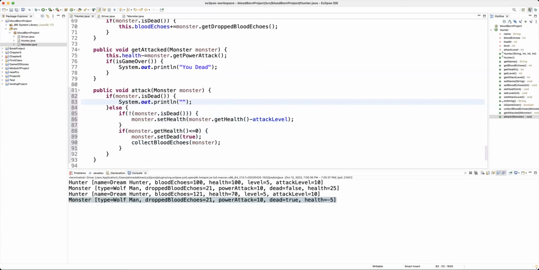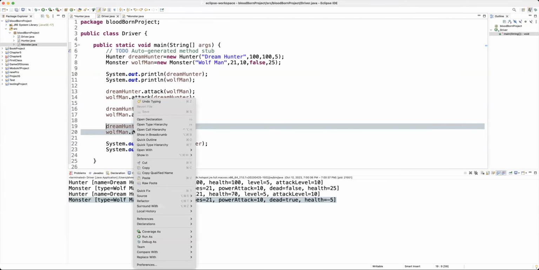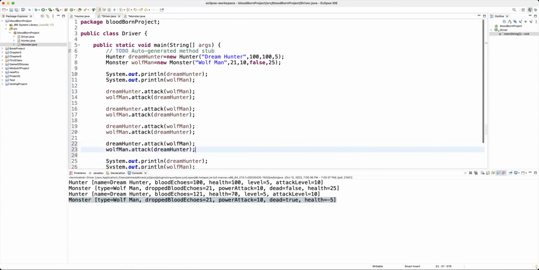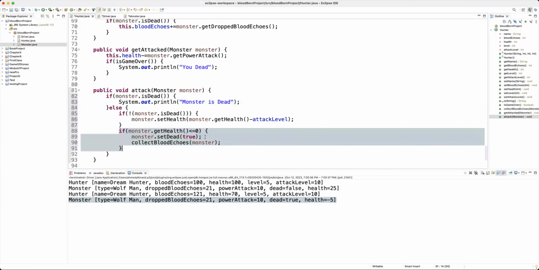Let's say the monster is dead, or Wolfman is dead. The whole point of what I'm doing here is that if I come here after he's dead and after I collected the blood echoes, and I decide to hit the monster again without having this if statement at the top, I'm simply going to be running this code all over again and simply collecting